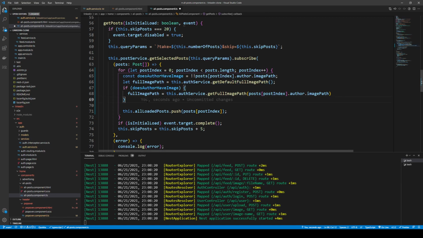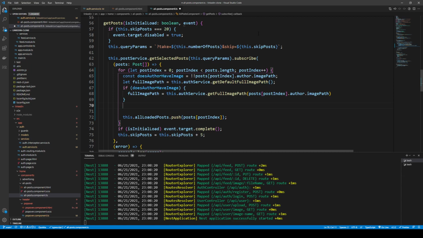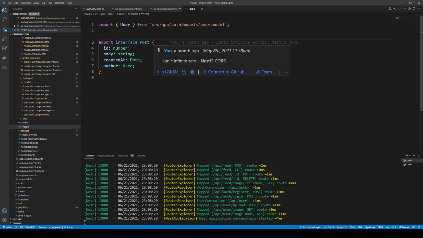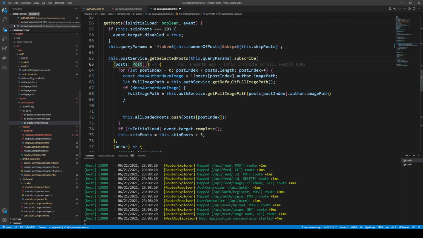It's simple enough. Now, before we push it though, we want to add a property here. If we take a look at a single post here, we'll see that a post does not have a full image path, and it shouldn't, because elsewhere in the application we're not using that at all. You could have another type or interface, but since we're looping through the post anyway, I'm just going to create my own on the fly. For the particular post index that we're up to, I'm going to add a property, and I can't use the dot syntax because this is going to infer a post type, so I sort of have to cheat a little bit. I'm just going to add this full image path as a property to the post object,